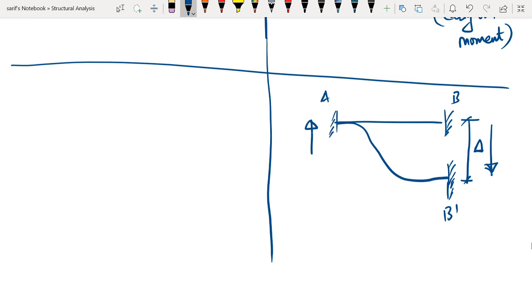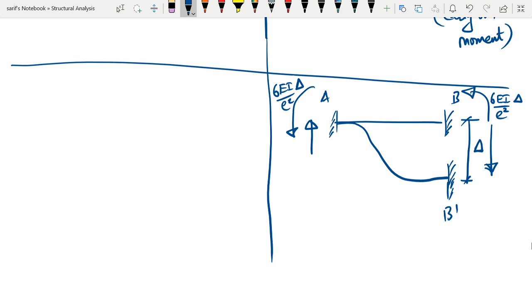And if you look, this system as a whole, because of these two reactions, is going to rotate in the clockwise direction. So because it is rotating in the clockwise direction, the moment that should develop at both these ends should counter it. Therefore, the direction of moments at both the supports will be countering the direction of moments created by the reactions. So it will be anti-clockwise in nature. The magnitude of those moments is 6 EI by L square into delta. This moment is also having the same magnitude, 6 EI by L square into delta.